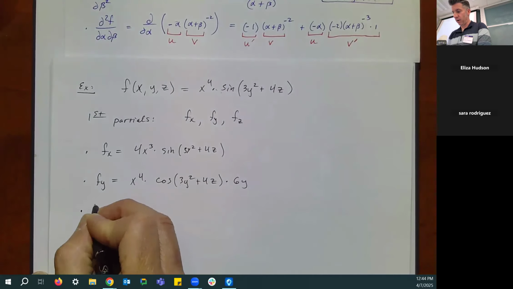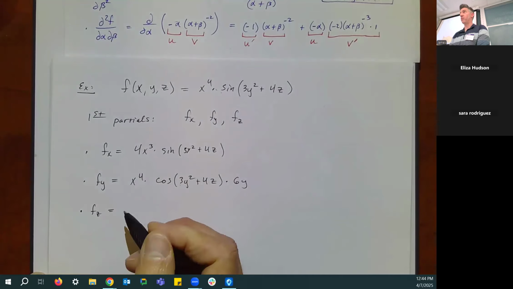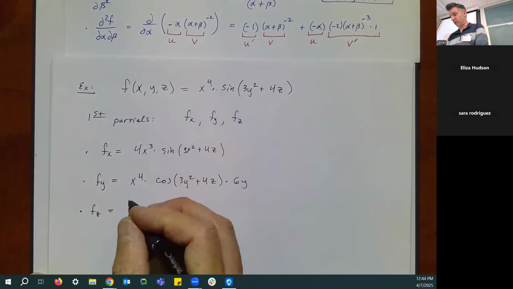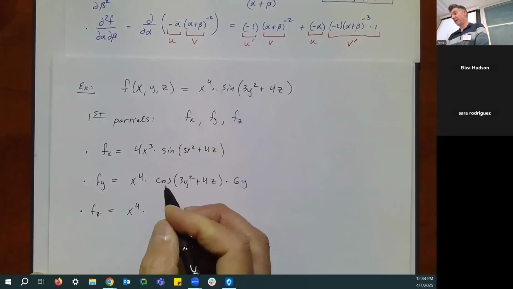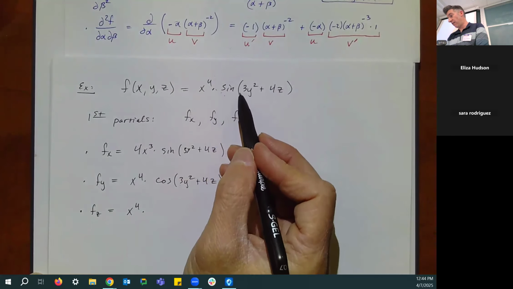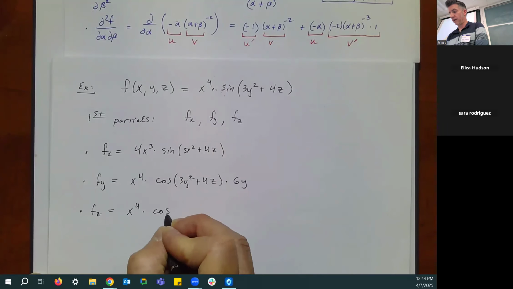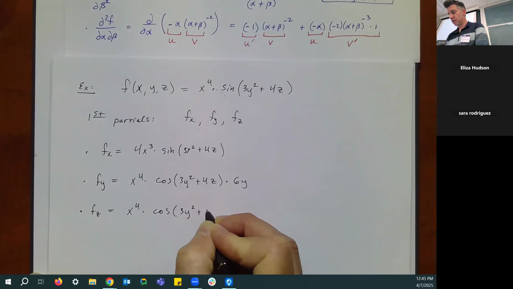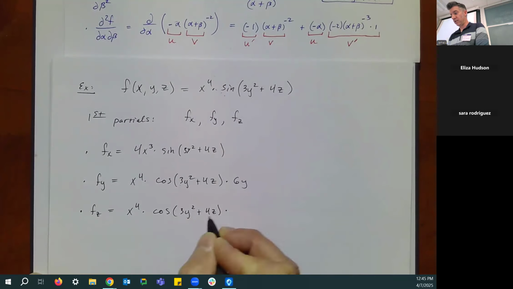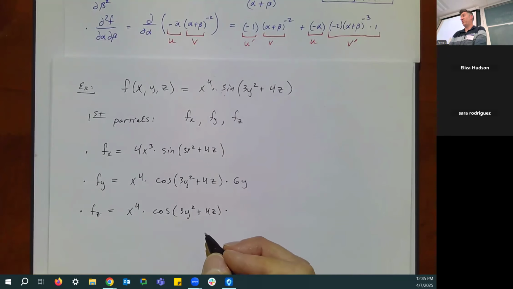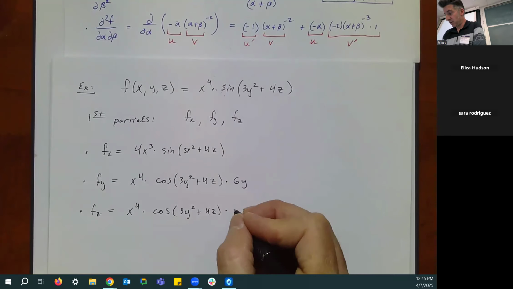And then in a similar way, for the partial derivative with respect to z, the x to the fourth is going to hang out. Again, the derivative of sine of something that has our variable in it is going to be cosine of our stuff multiplied by the derivative of the inside stuff. But now the derivative of the inside part with respect to z is going to be